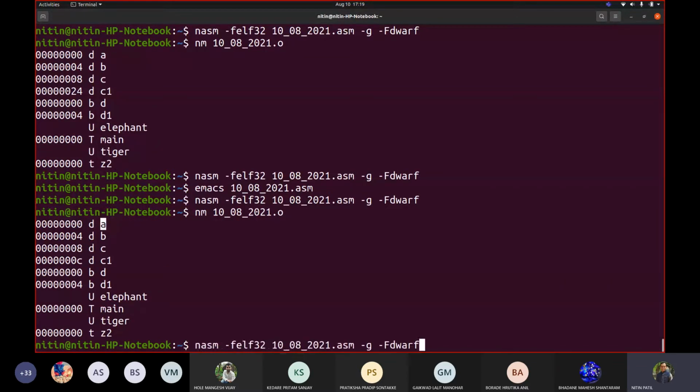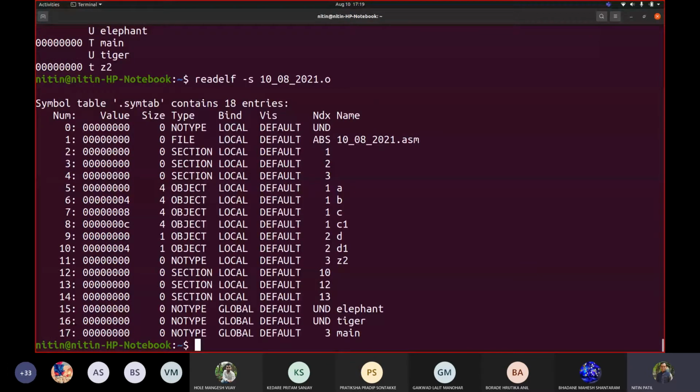So if I go with, let me use another utility. If I use this, then I can see there is a column called size. Even the value is added. But the value is not talking about whether it is 10 or something. The value is not shown over here. Correct? So this is a kind of symbol table entry added into your object code. But this is the standard practice applied by it.